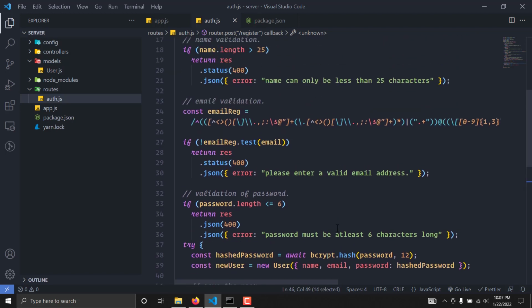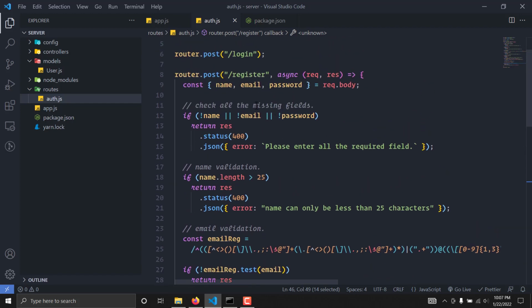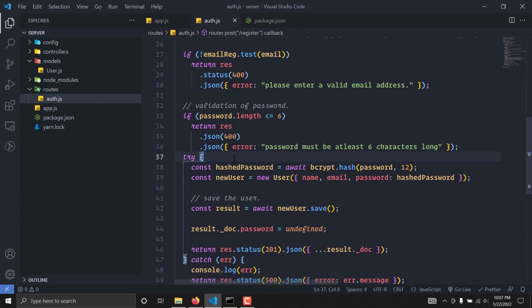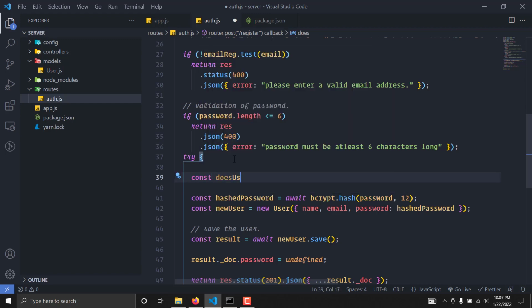So there's a catch here, because we don't want the user to be registered with the same email address, meaning a repetitive email address. So we will check against it. Just go here and we'll write: does user already exist,